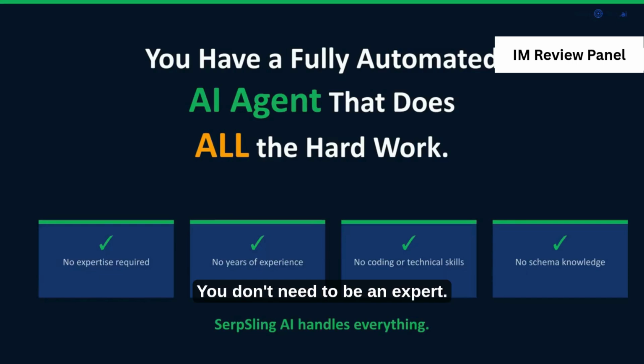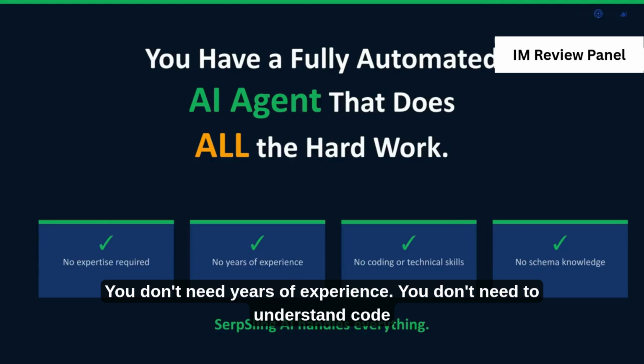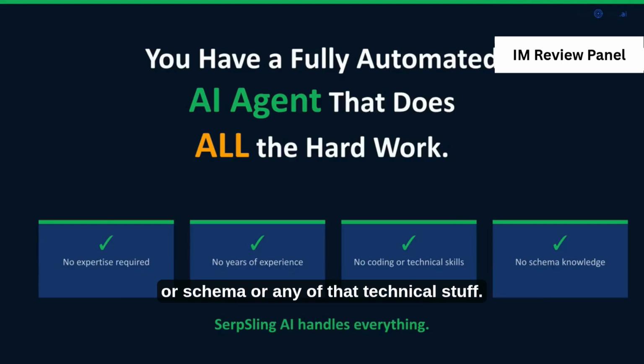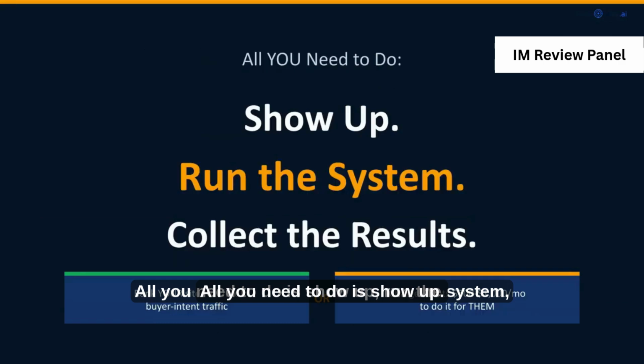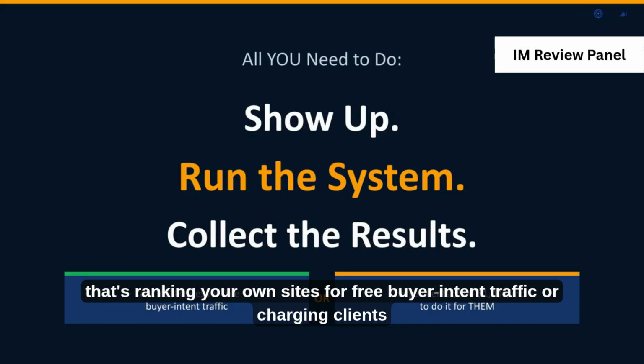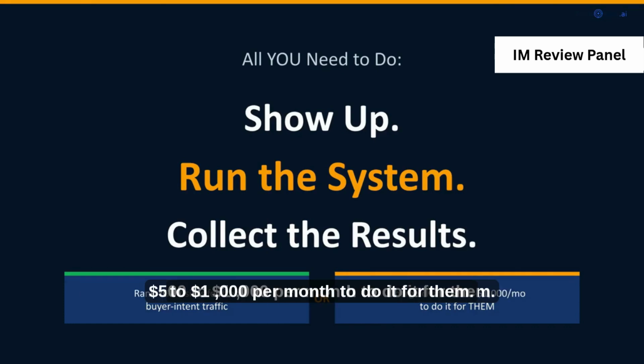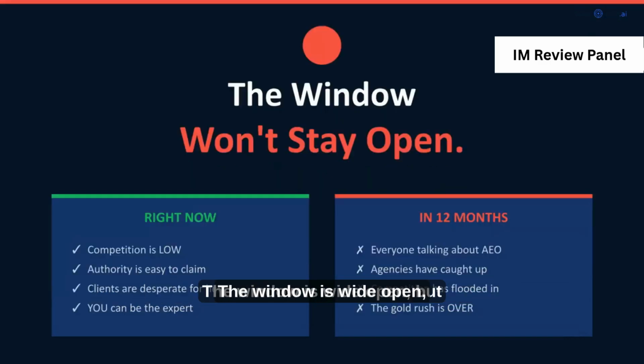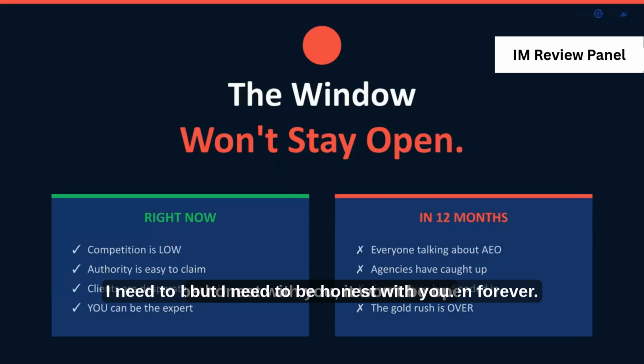You don't need to be an expert. You don't need years of experience. You don't need to understand code or schema or any of that technical stuff. SerpSling AI handles everything. All you need to do is show up, run the system, and collect the results. Whether that's ranking your own sites for free buyer intent traffic or charging clients $500 to $1,000 per month to do it for them. The window is wide open, but I need to be honest with you, it won't be